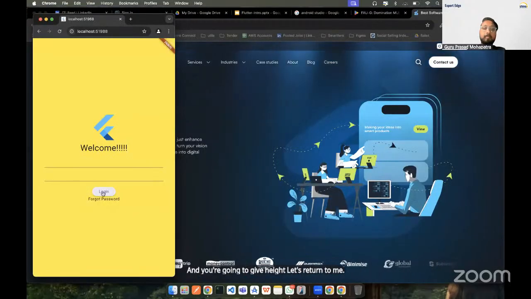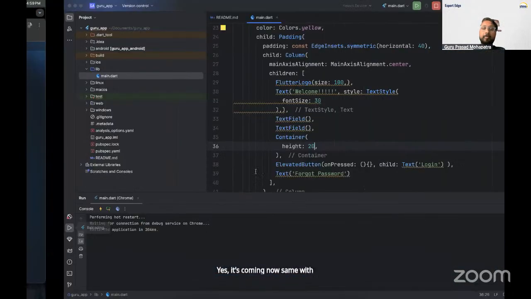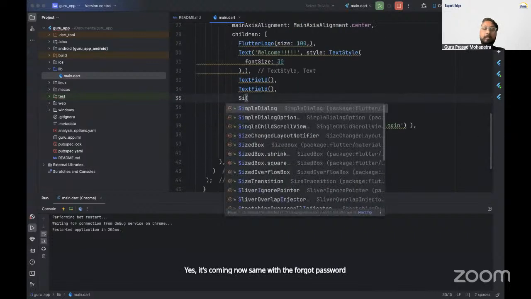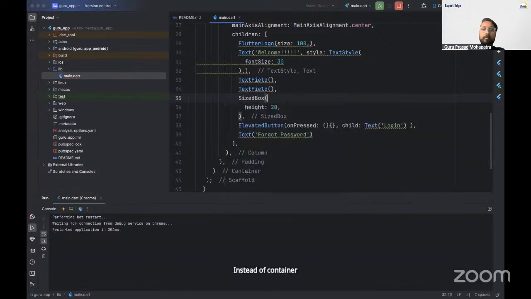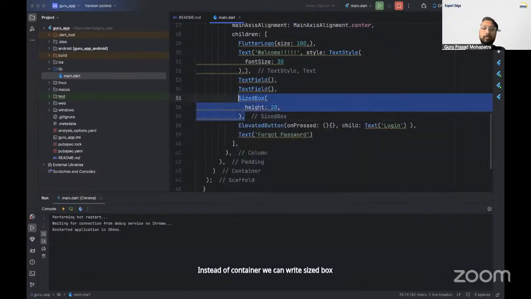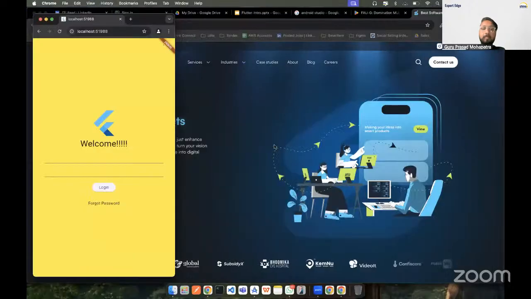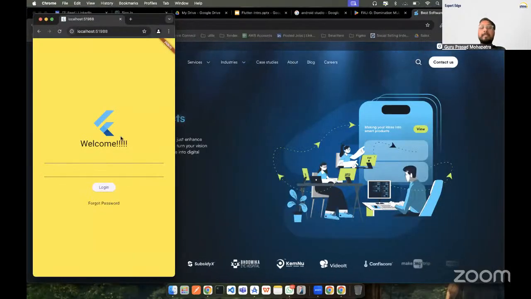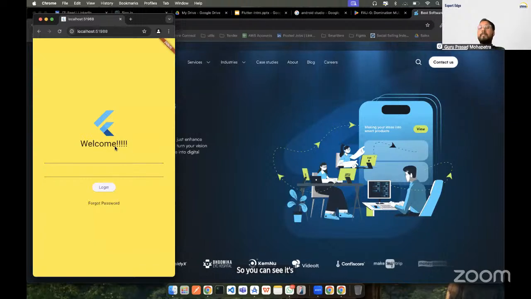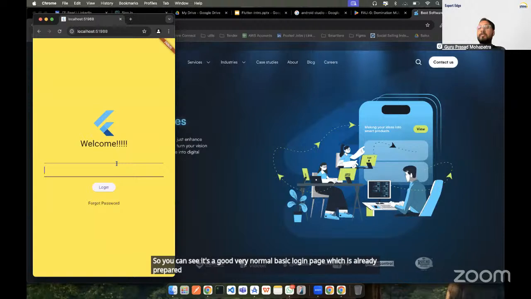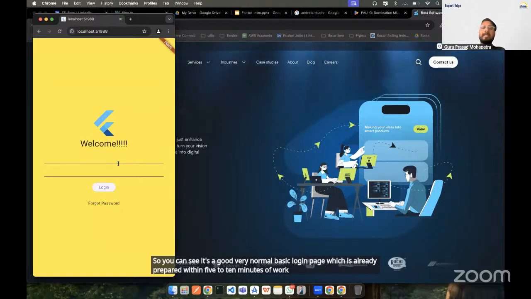Yes, it's coming now. Same with forgot password. Instead of container, we can write sized box. So you can see it's a very normal, basic login page, which is prepared within 5 to 10 minutes of work, and you can also propagate the same.